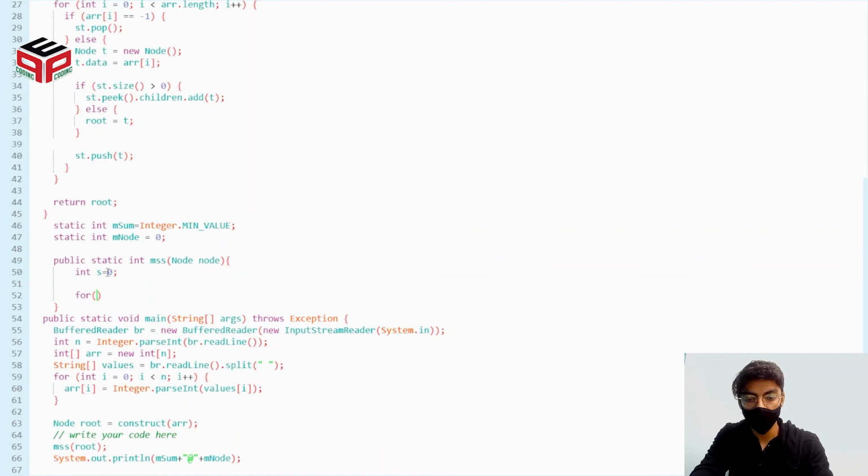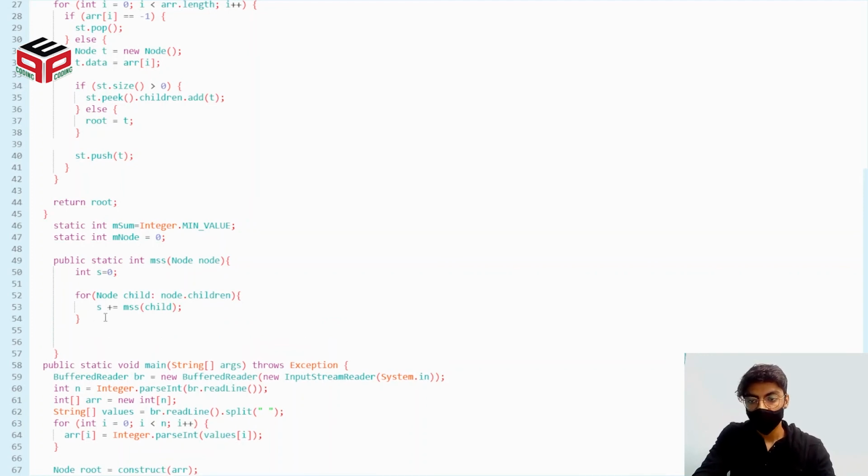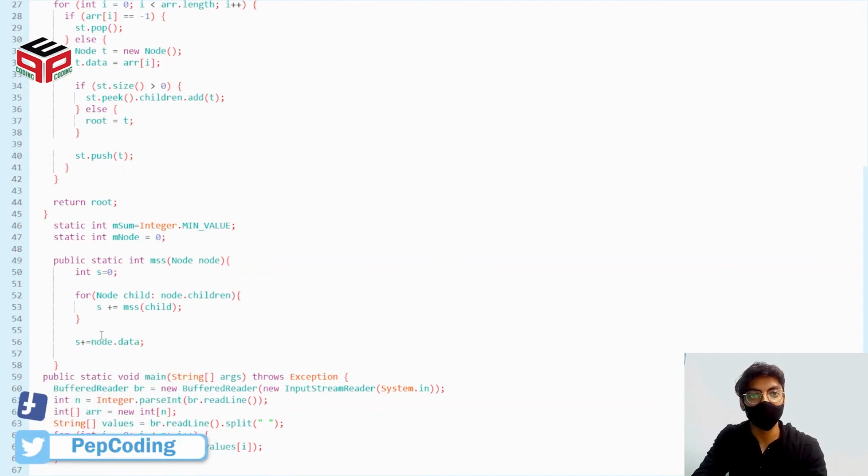For node child in the list of children that we have, what we're going to do is that we are going to put a faith on our child, saying that why don't you go and calculate the maximum subtree sum for your own subtree. And once that is done, we will add it up. Since this particular function will return the subtree sum, we'll add it up and then finally add our own value to it, as we had discussed in the dry run.